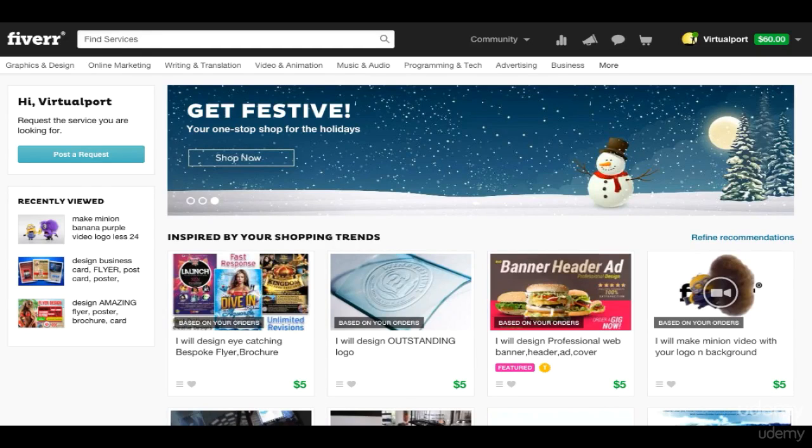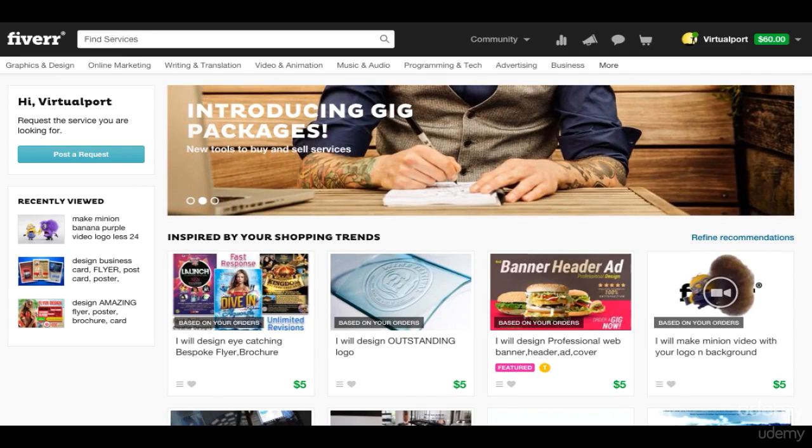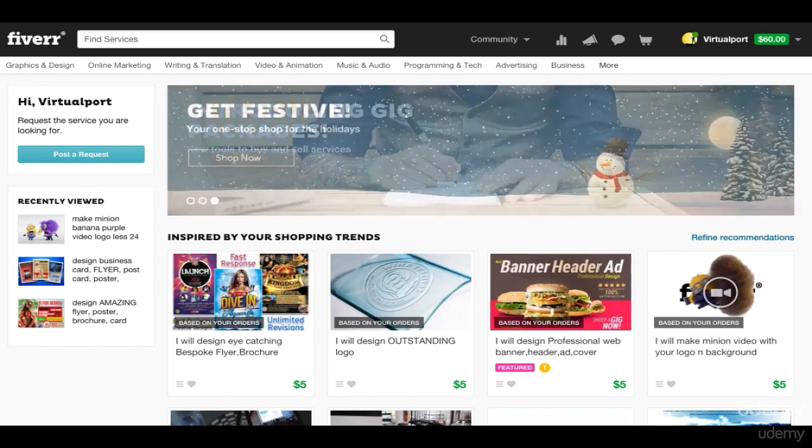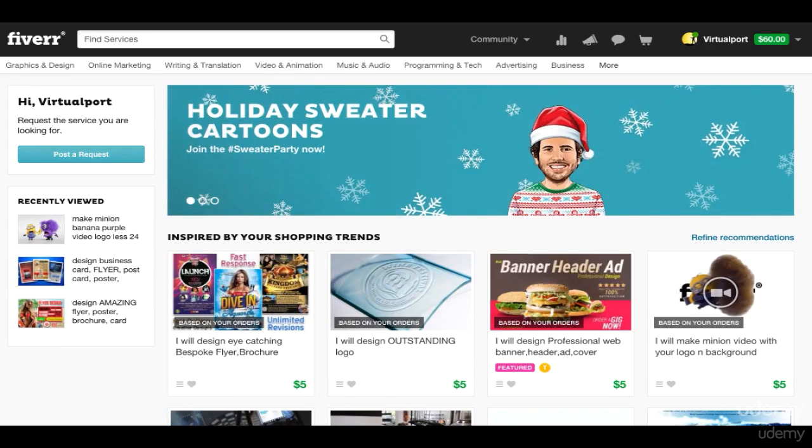In this section, we'll be covering how to withdraw money from Fiverr. This is a little bit confusing, and a lot of people who are new to Fiverr itself and are newbies can't understand how to get money out of Fiverr. And the reason that Fiverr makes it a bit confusing is that they want people to spend money on the